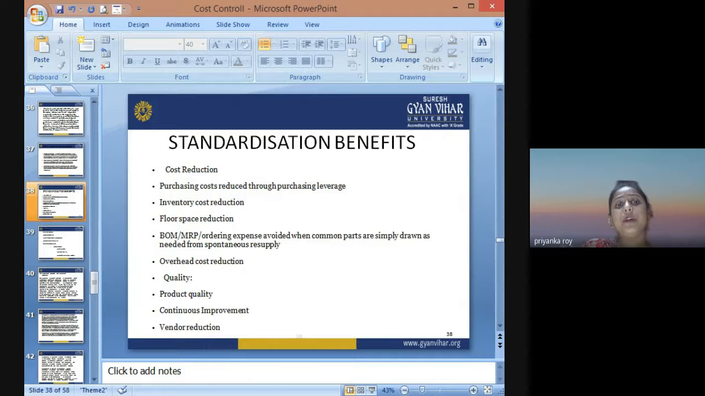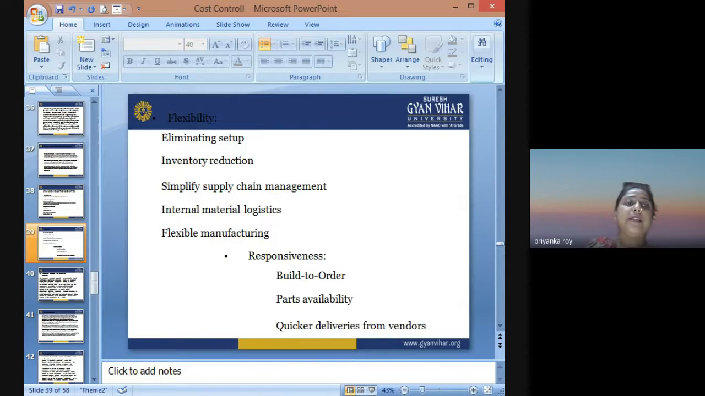Now, standardization benefits: that's cost reduction, purchasing cost reduced through purchasing leverage, inventory cost reduction, floor space reduction. Then you have market price and ordering expense avoided when common parts are simply drawn as needed for spontaneous resupply. So overhead cost reduction is there, then again dealing with quality: product quality, continuous improvement, and vendor reduction. For flexibility,